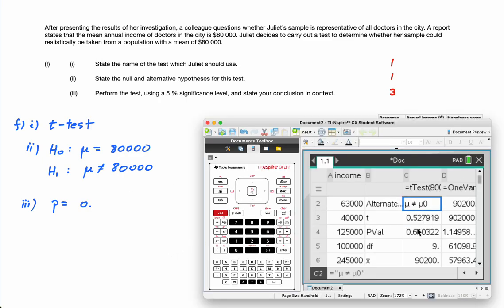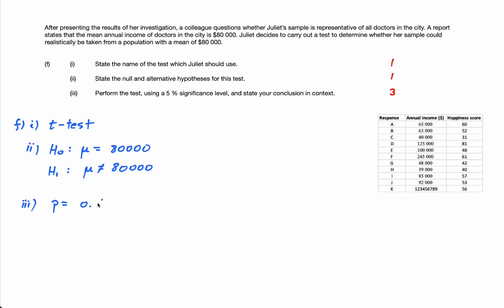That's my p-value. Now that p-value is very big. It's way bigger than 0.05. Therefore,